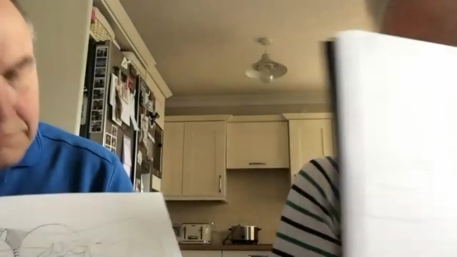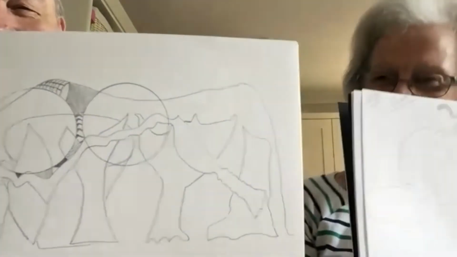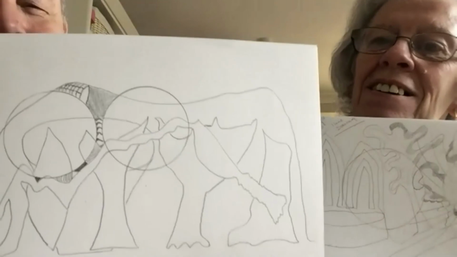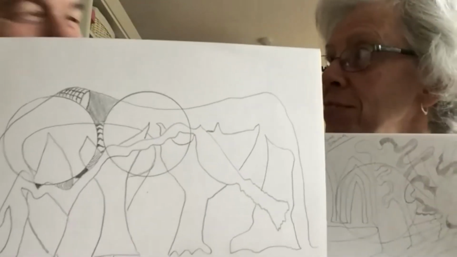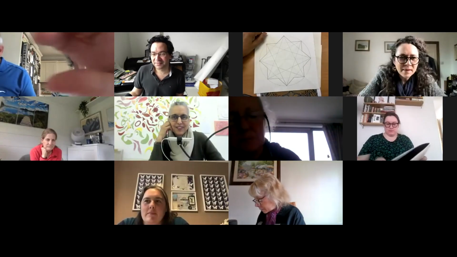And that's Keith's one there. I don't know what his ones are. No, nor do I. It sort of looks like a lion or trees. It's so abstract, it could be both things. That's a great way to make abstract art.